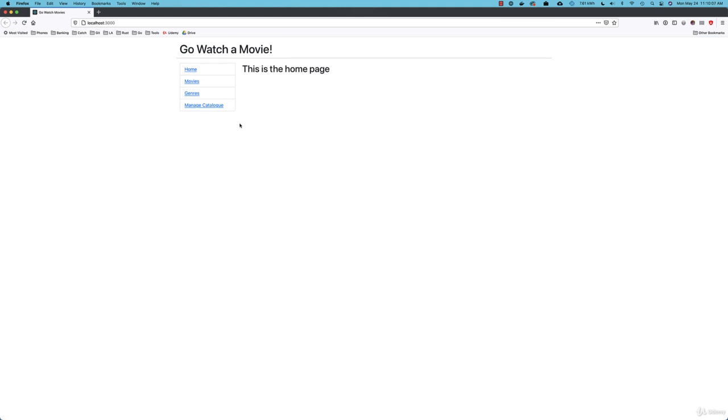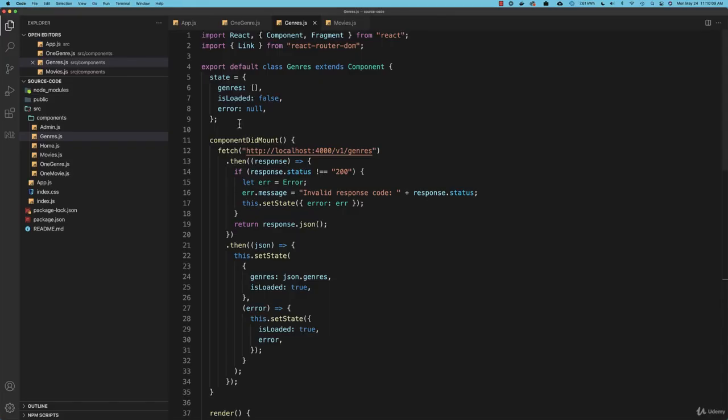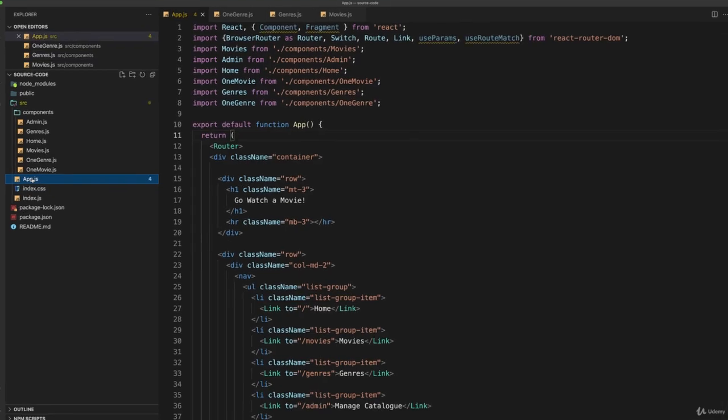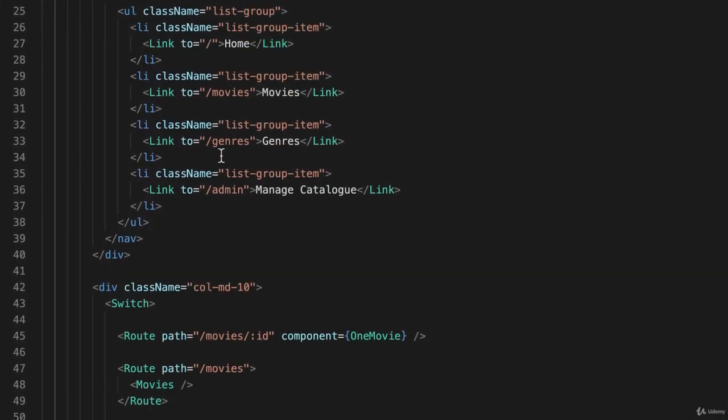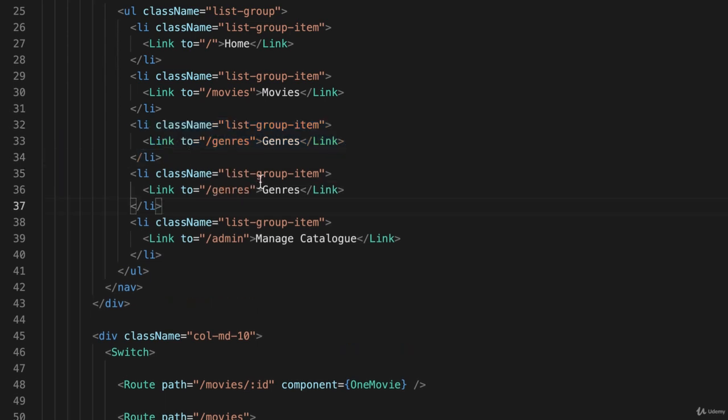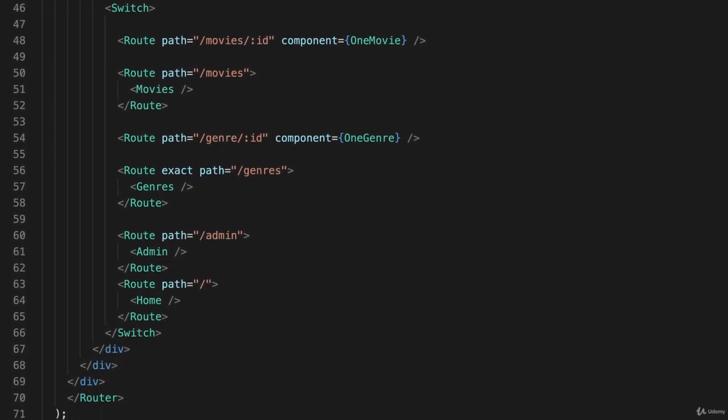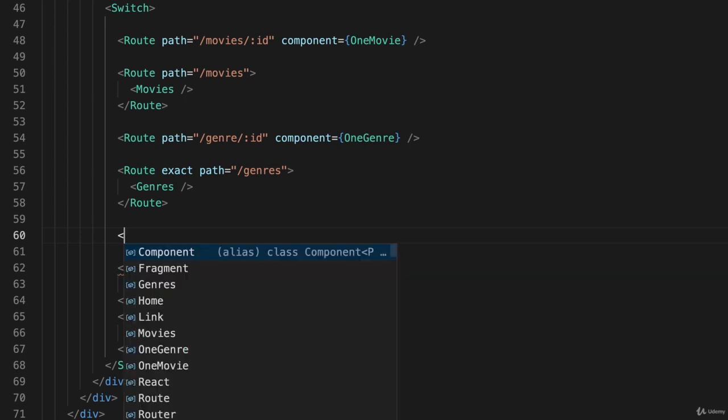So let's get started. So back in my IDE, I will go to app.js and I'll create a new link right here. So I'll just copy this one and modify it. And I'll call this add movie. And it will link to /admin/add. And down here, I'll simply create a new path right here, or a new root right here,